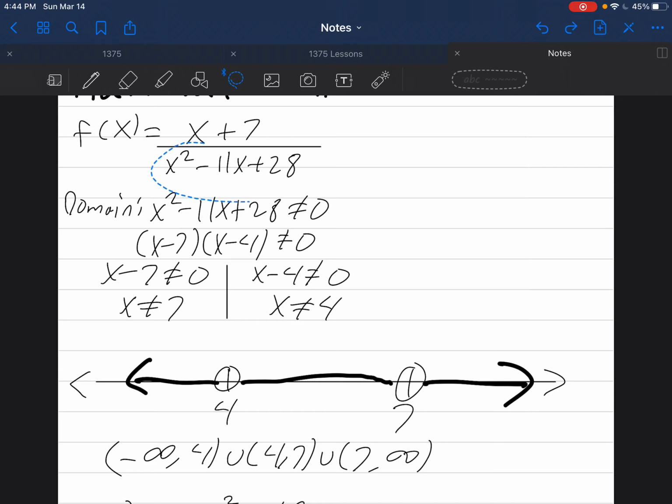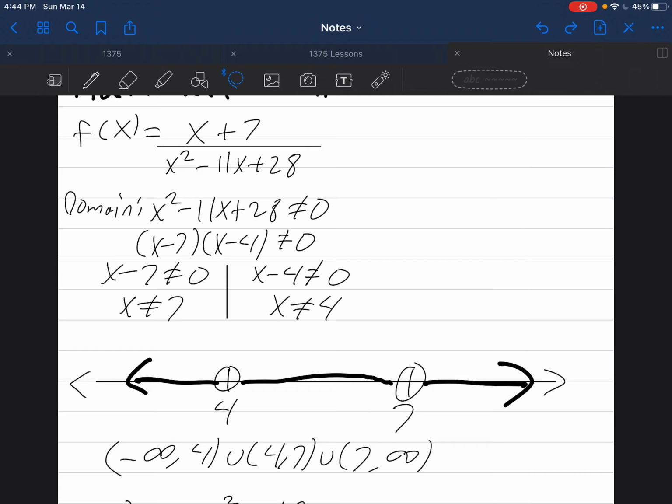Right, so for here, these vertical asymptotes are going to be located at x equals 4 and x equals 7. Really, what you're finding when you find the domain of a function is where the asymptotes are located. Now, it is possible that one of these values is not an asymptote, but that is something that I will talk about